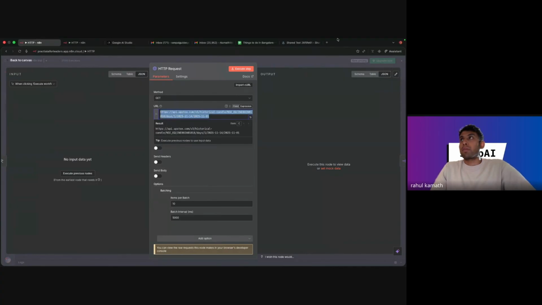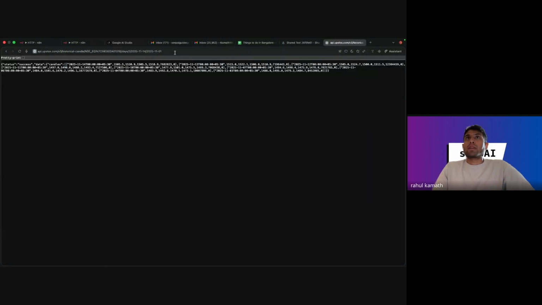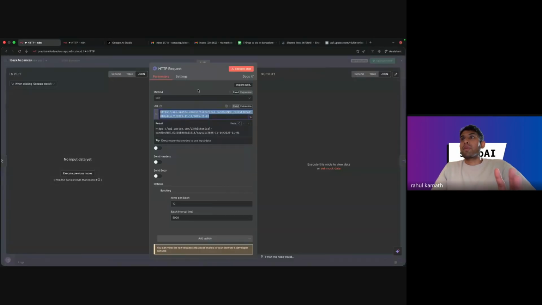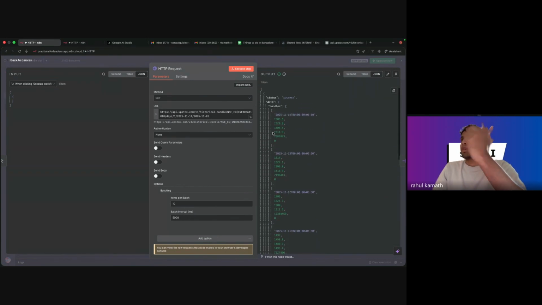Now, if I put the same URL on my website, it gives all the details, like the stock price, open, close, all these things. Similarly, if I wanted to call it through N8N, I can use an HTTP request and give the URL. This one doesn't require any password or API key, so I'm able to do it easily. If I execute the step, it gives a good result of all the things I want.